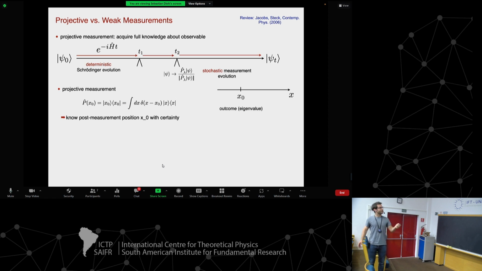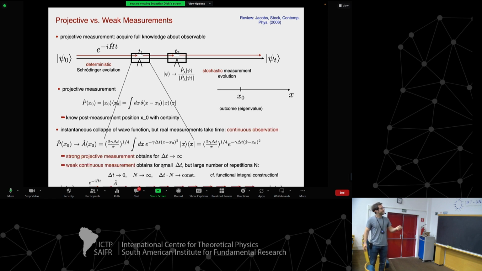So that's copy-pasted. And then we realize that if we do anything real in physics, things take time. So there is no really totally instantaneous collapse of the wave function. Of course, you can postulate that. But another way of thinking about it is, is there an issue? No, I'm trying to get rid of that.